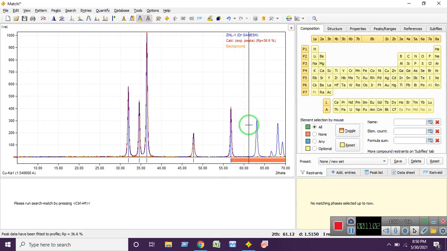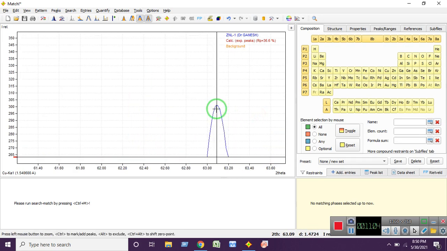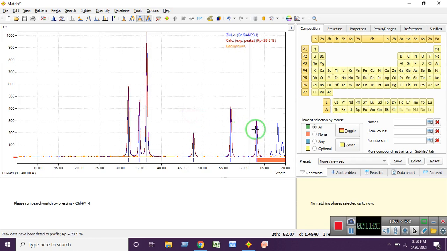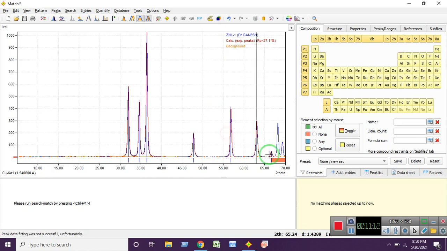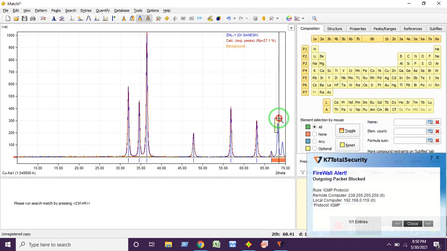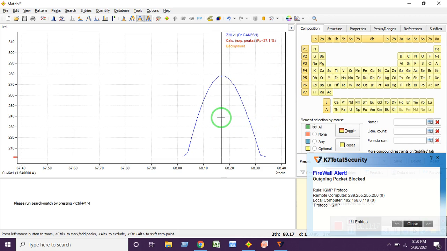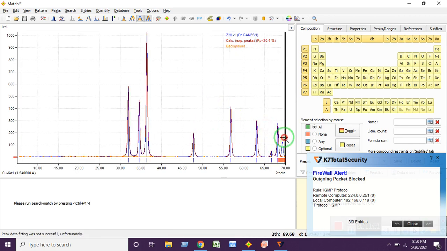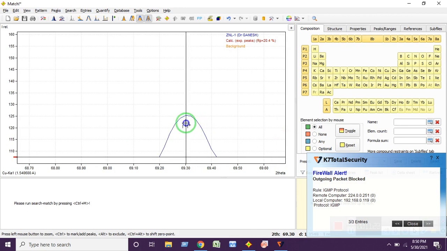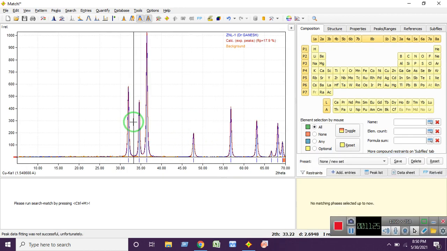Right now we don't know what the exact sample is, but I will show you. Depending on our database, you can decide what the sample is. This is the selection of the peaks.